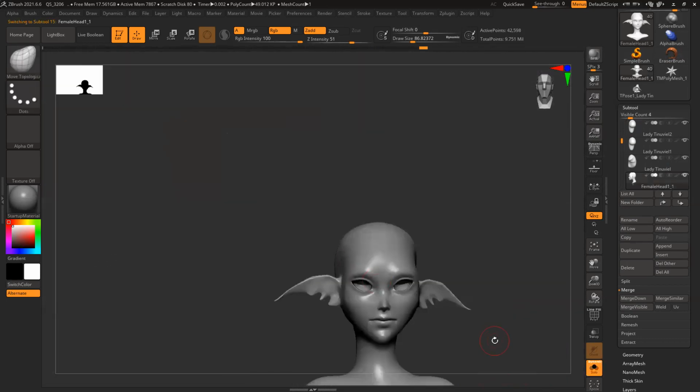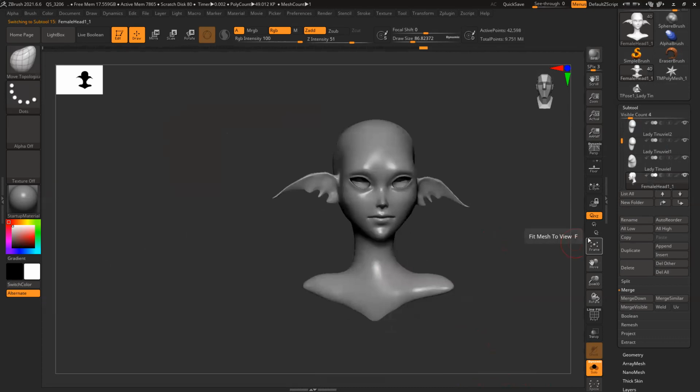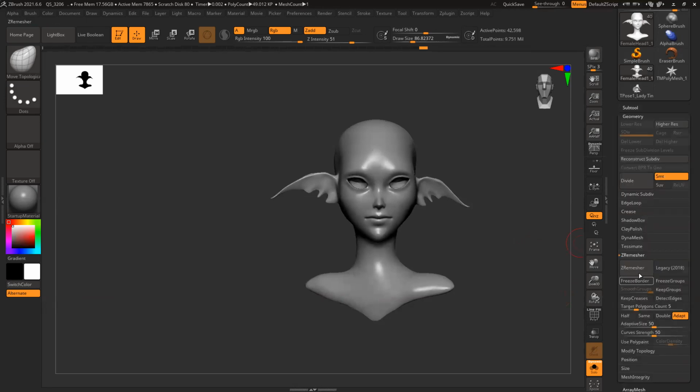Now this face I need to fix. I should have remeshed the model before posing, because after posing, remesh won't work in symmetry. So I will remesh the model.